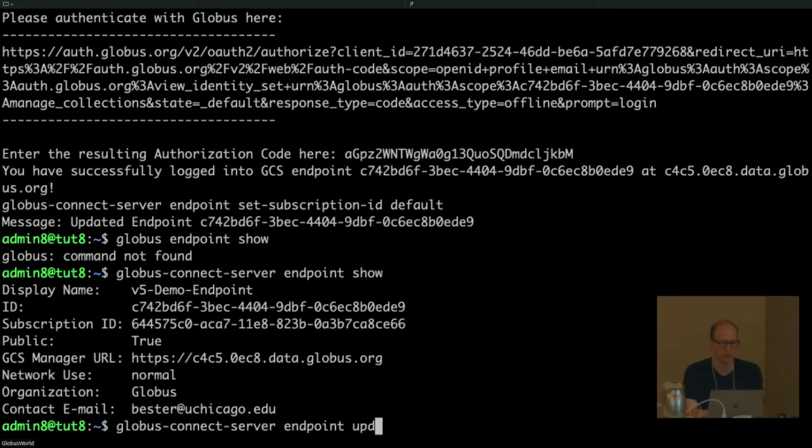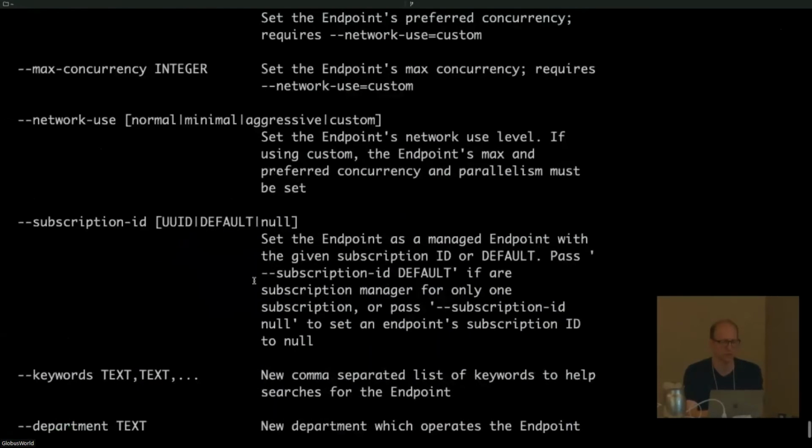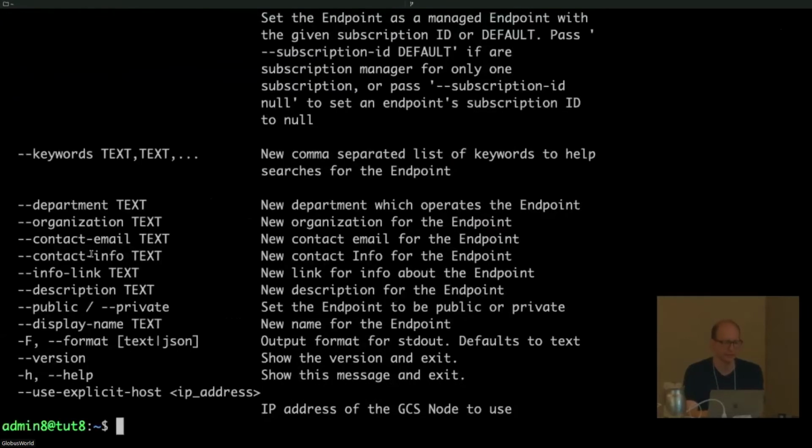And if we wanted to, we can update it, and there's all the options of what we would want to add to it: keywords, network use, concurrency, information. You could create an info link, so that if someone visits the endpoint page on the Globus website, they'll be able to see data about it. Okay. So next,